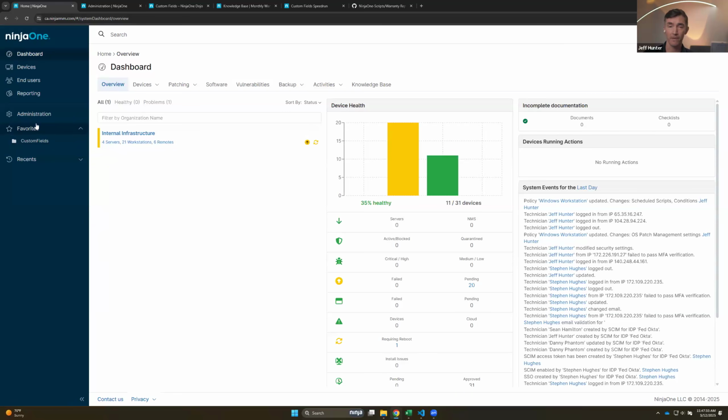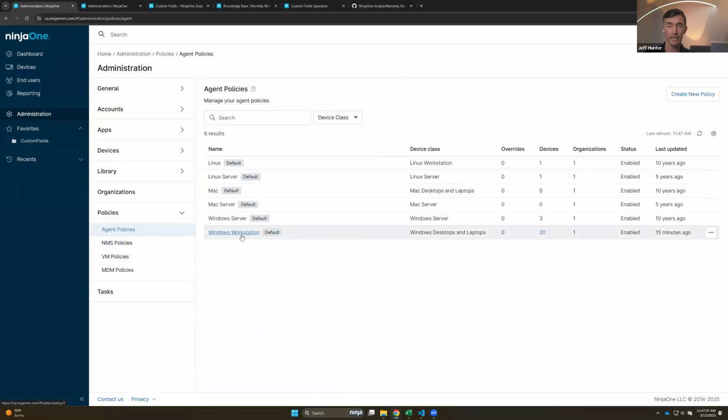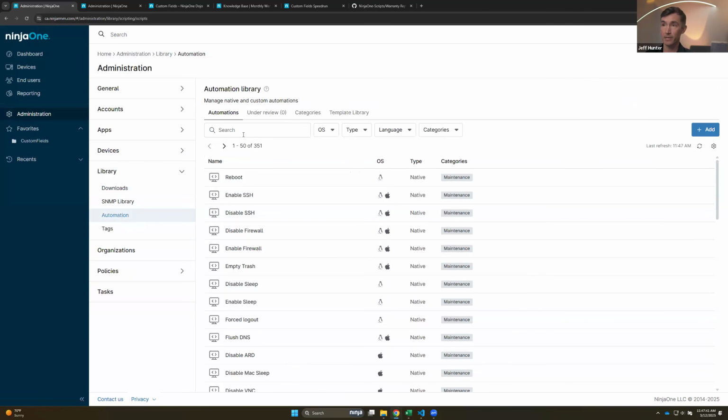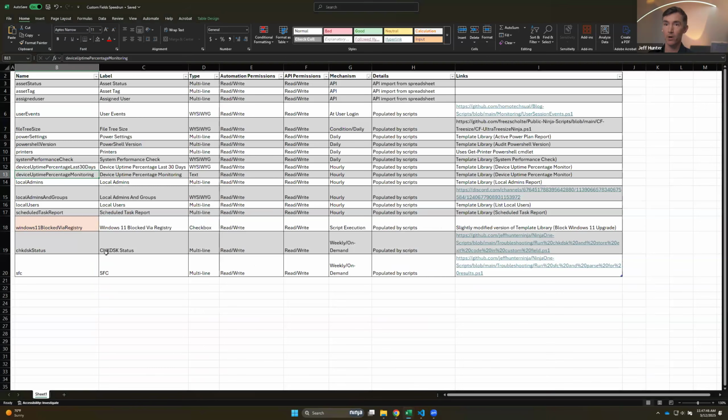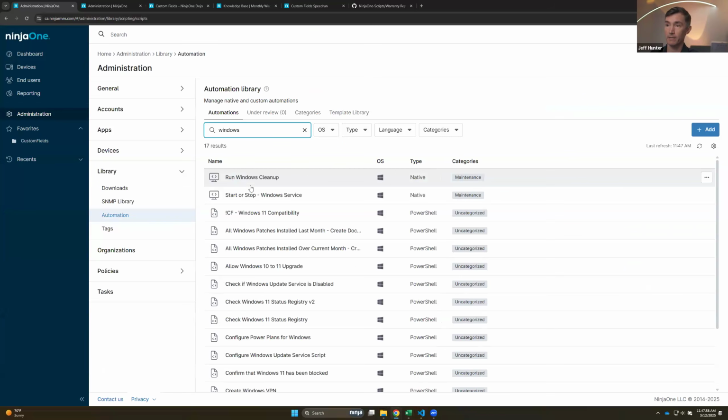Let's talk about another thing that I neglected to mention earlier, which is the blocking Windows 11 script. So let's go into our automation section here. You'll note that in my spreadsheet, I call out and highlight right here that this is a slightly modified version of the template library script. The slight modification is a single line here. So if we go and look for our block Windows 11 script,